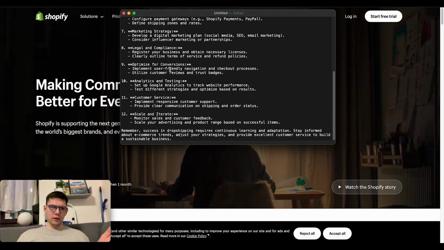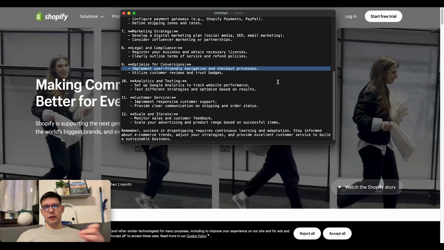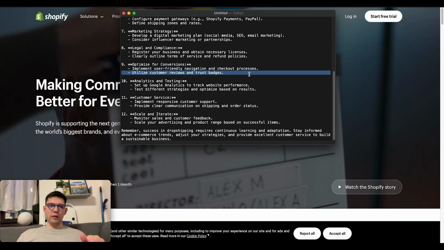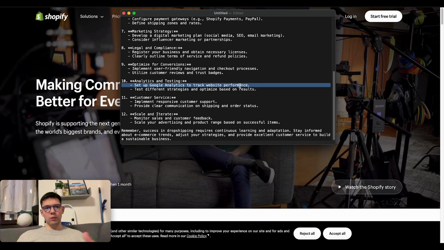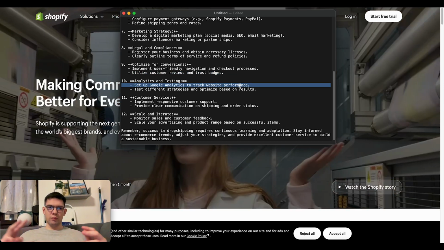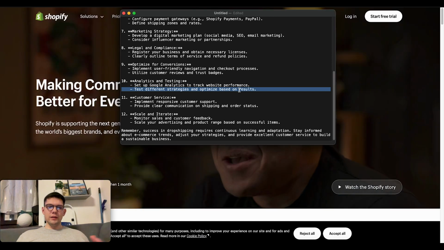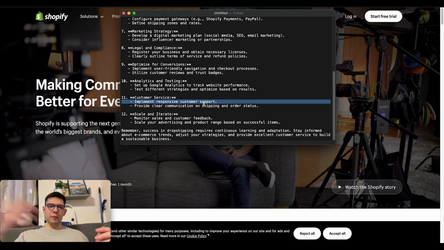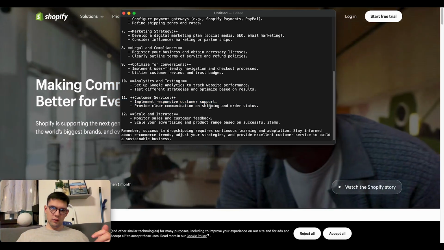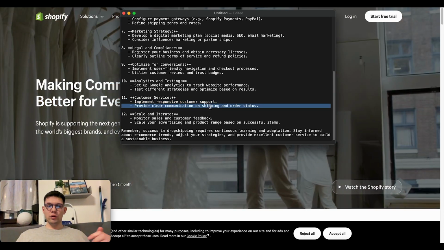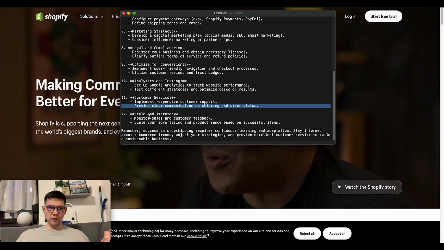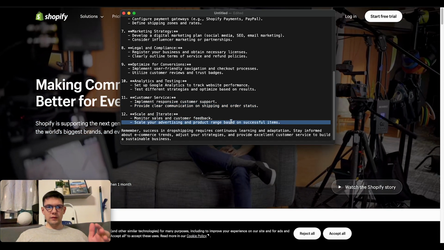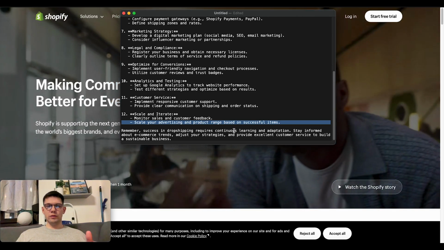refund policies. Then implement user-friendly navigation and checkout process, utilize customer reviews and trust badges, set up Google Analytics to track website performance, test different strategies and optimize based on results, implement responsive customer support, provide clear communication on shipping and order status, and then monitor sales and customer feedback, scale your advertising and product range based on successful